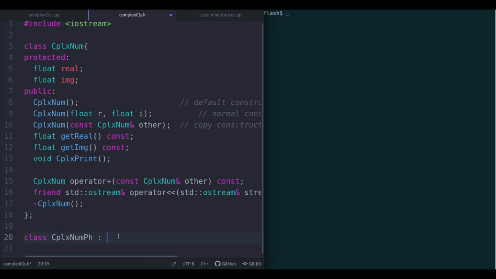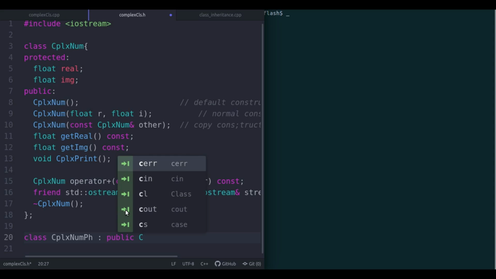However, this will also contain the phase angle of a complex number, and that's the new modification that we are going to implement in the derived class, which was not there before in the base class. In this case, the derived class is cplxnum_ph and the base class is cplxnum. And as we have already mentioned, we now need to use the public keyword, followed by the name of the base class, which is cplxnum,